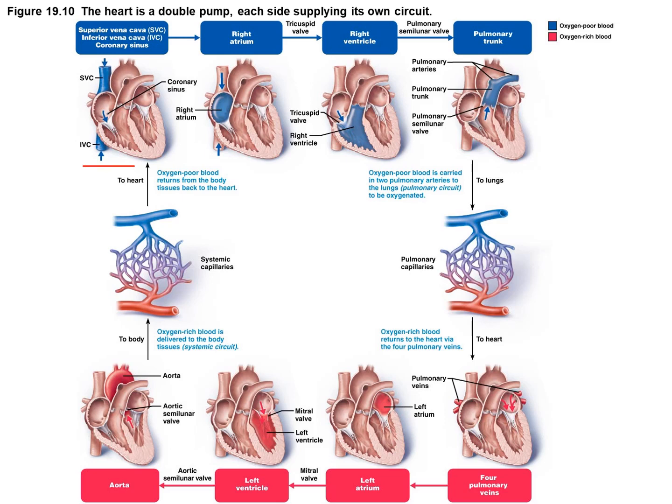So everything coming back from the body is going to come into the right atrium through the vena cava. So we have the superior vena cava and inferior vena cava. So it's going to drain all the blood from the body coming back to the heart. Okay. And then from that right atrium, it's going to go through that tricuspid valve into the right ventricle. Okay. And then the heart's going to pump or squeeze all that blood out of the right ventricle and into